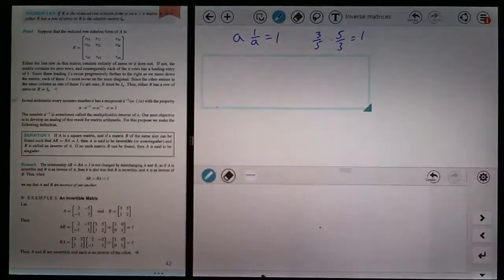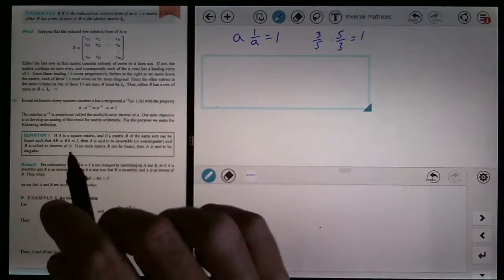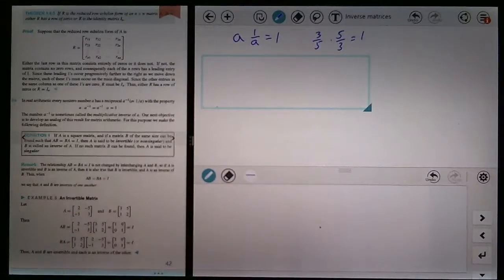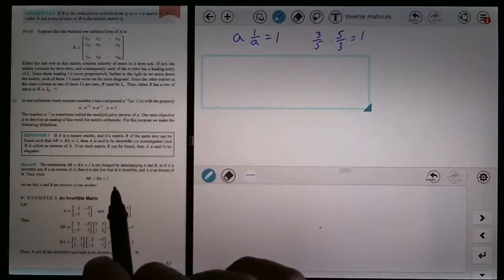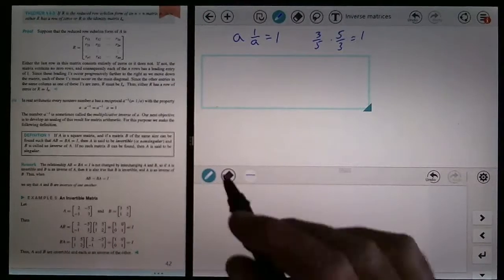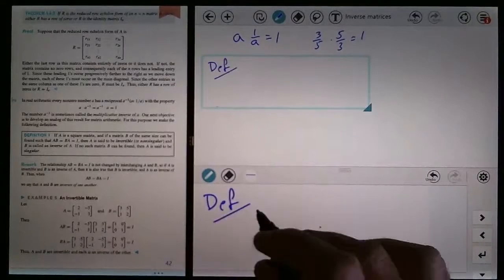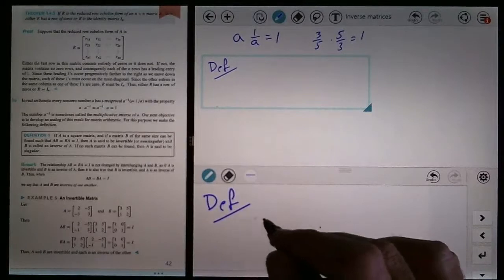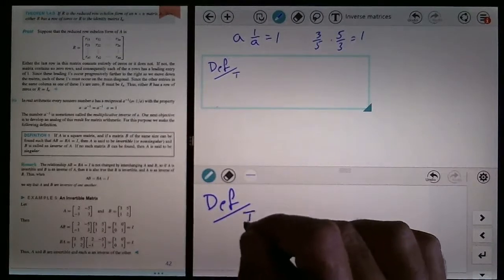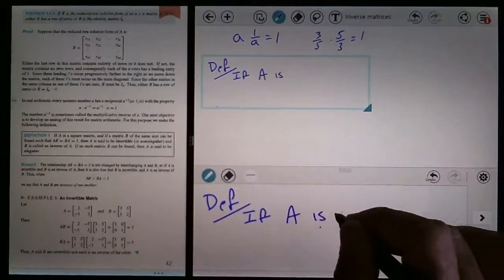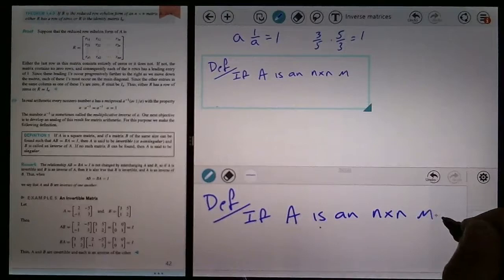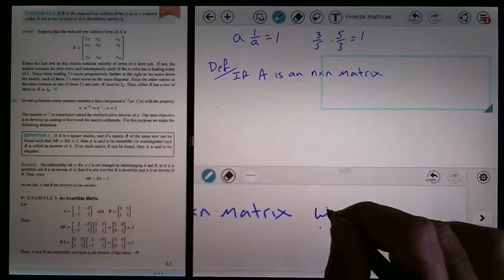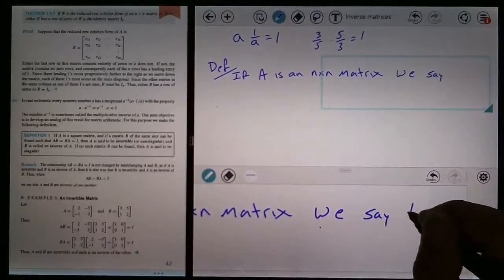Now I'm going to put some definitions down here, and the book sort of jumbles them all up. I've got the book showing over here, definition 1. There's actually 3 definitions in here. So here we go. Definition. We say, given an n by n matrix, let's just write it this way. If A is an n by n matrix, we say that